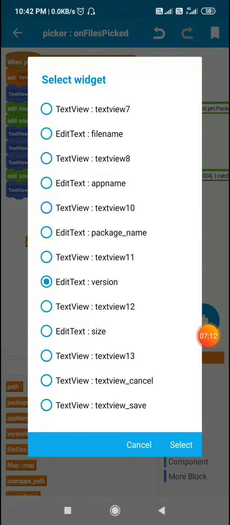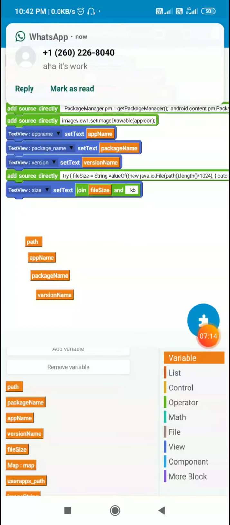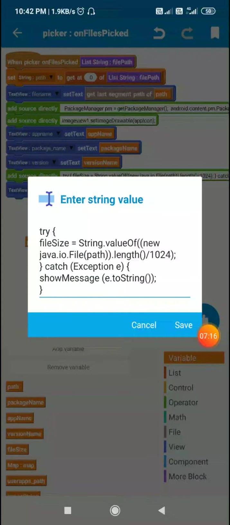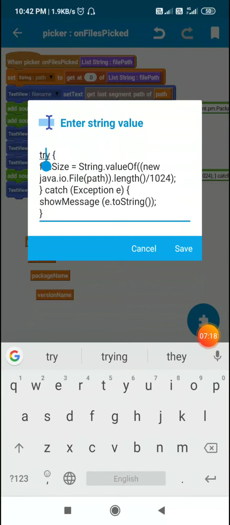edit text version. Now to get the size of the app I use try file size is equal to string dot value of new java.io.file path dot length divided by 1024.